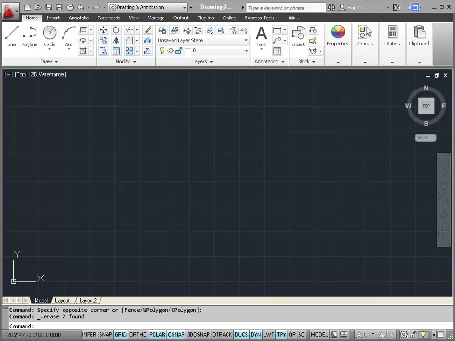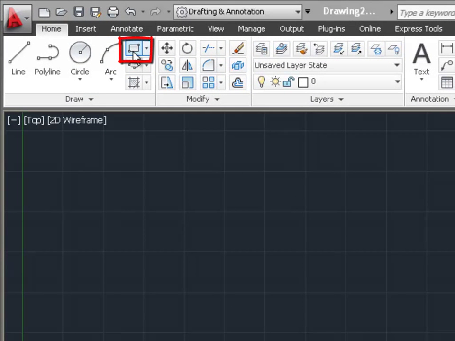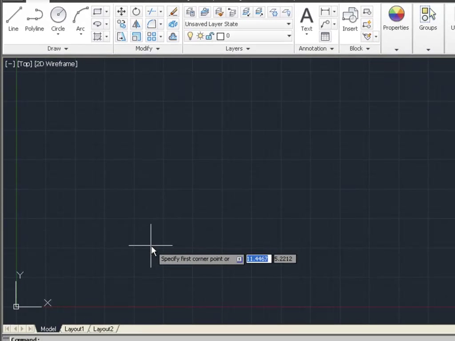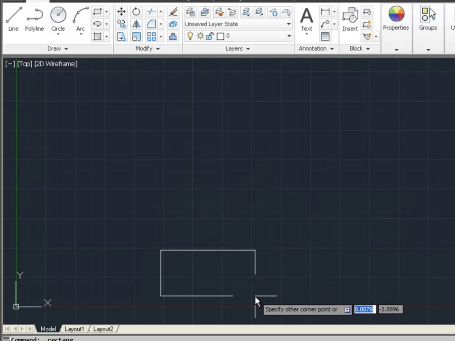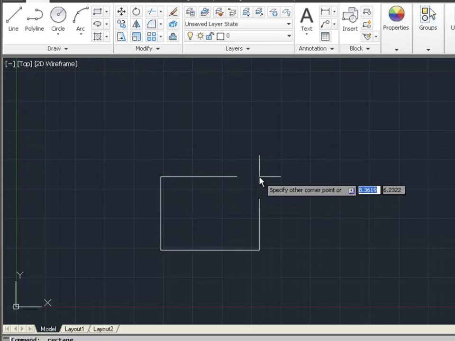Now let's take a look at the rectangle command. It's located in the draw panel on the ribbon. And there are a few ways to draw a rectangle. One is by simply specifying one corner and then dragging up and over or down and over to specify the